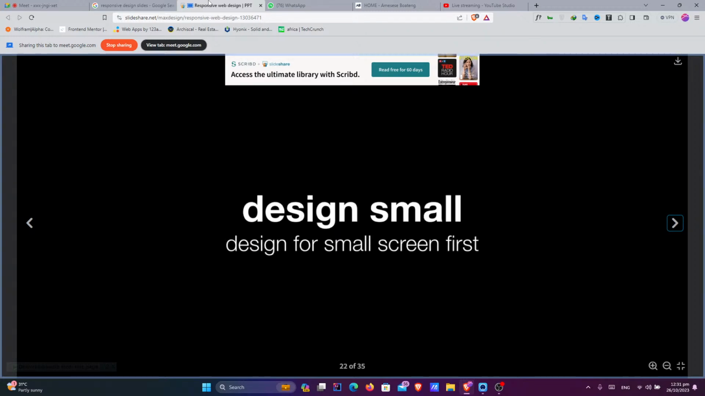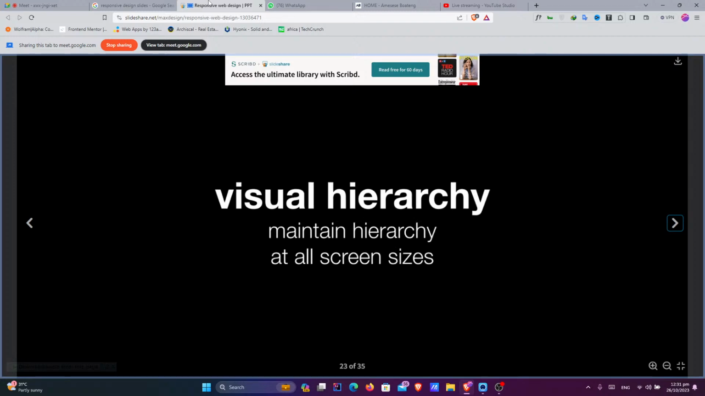Now we talk about design. You design small, like we said, we design for small screen first. That is in terms of UI UX, and then when you are also coding, you code for small screens first. Good. This is very important. You maintain the visual hierarchy for all screen sizes. If a button on your screen